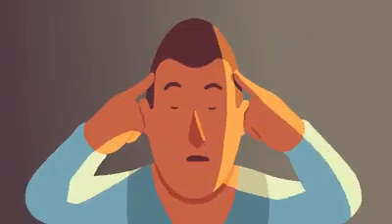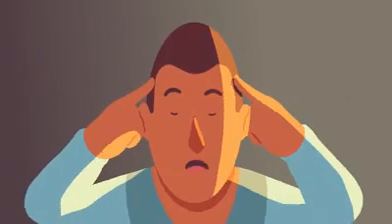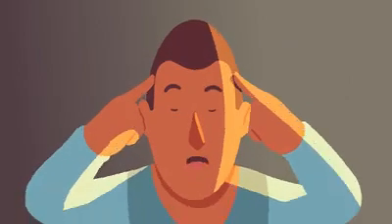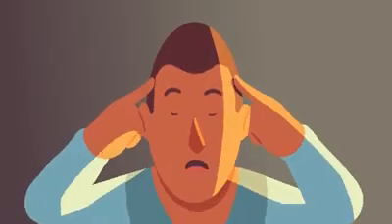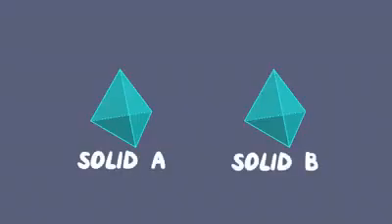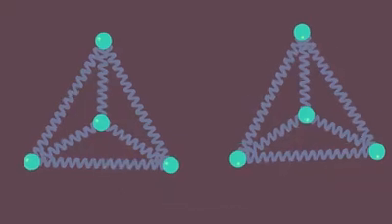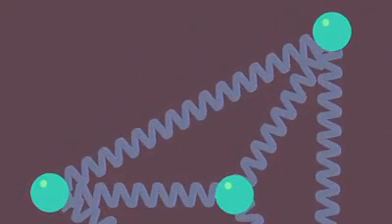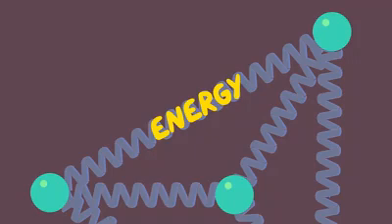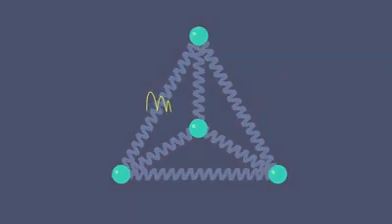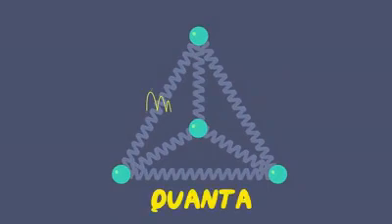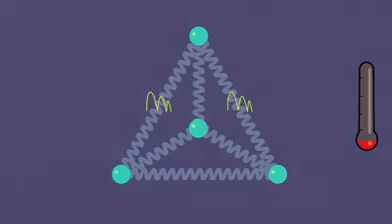This may be trickier to understand, but take the time to internalize it and you'll have a much better understanding of entropy. Consider two small solids, which are comprised of 6 atomic bonds each. In this model, the energy in each solid is stored in the bonds. Those can be thought of as simple containers, which can hold indivisible units of energy, known as quanta. The more energy a solid has, the hotter it is.